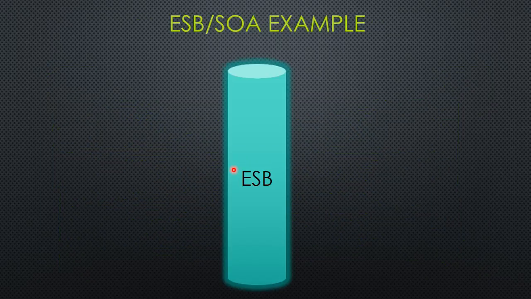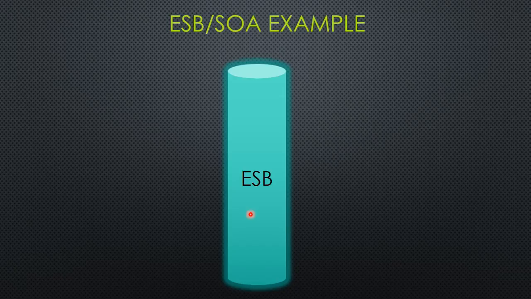Let's look at a SOA example. Now, you've heard me before say that having an ESB does not give you SOA, and just because you have SOA doesn't mean you have to have an ESB. But for the sake of this example, I'm going to use an ESB here, but it could be any message-oriented middleware. It could also be just plain way of accessing these via REST or SOAP or whatever, and not even use an ESB. But this example is about the agility you get from service-oriented architecture.